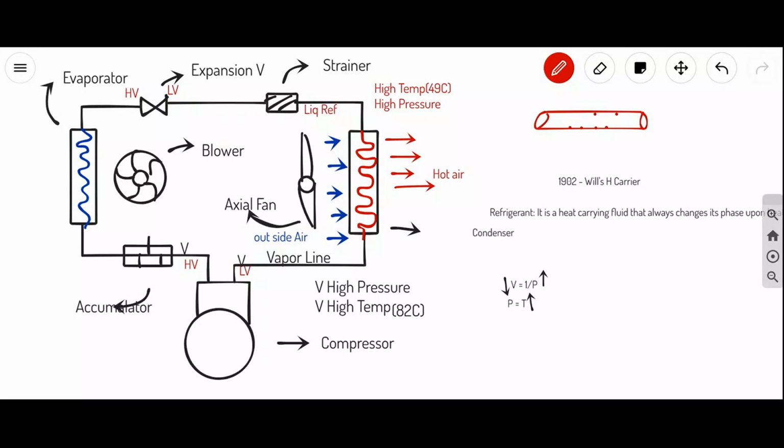When there is a sudden expansion, when the volume increases, there will be a sudden drop in pressure. When there is a sudden drop in pressure, a sudden drop in temperature takes place. So the best example: how many of you have a habit of